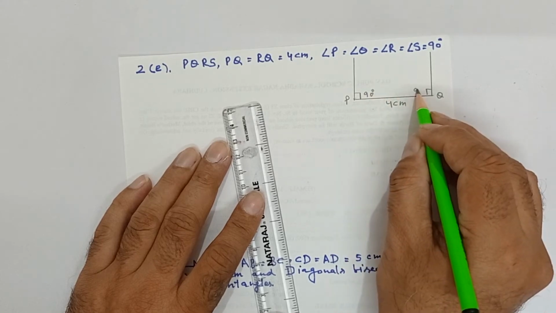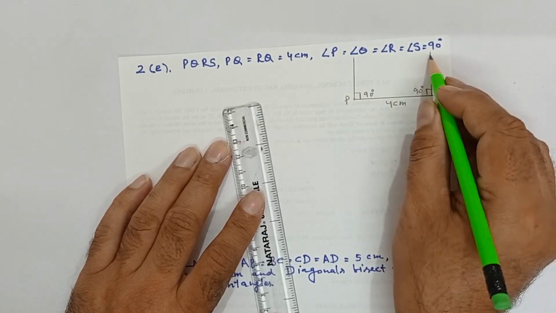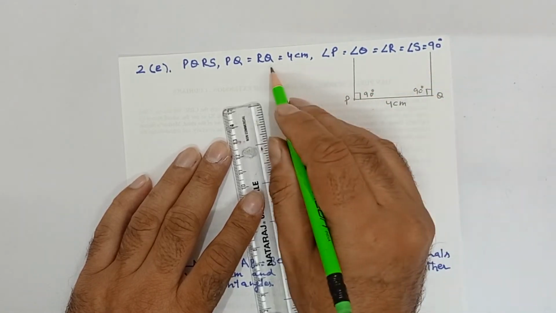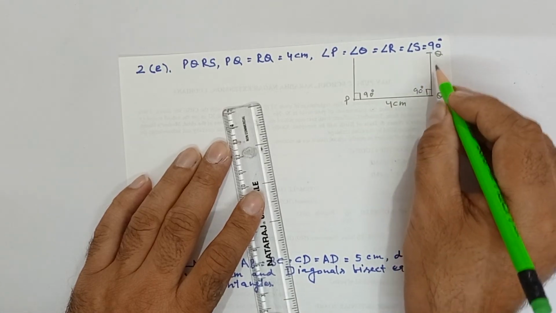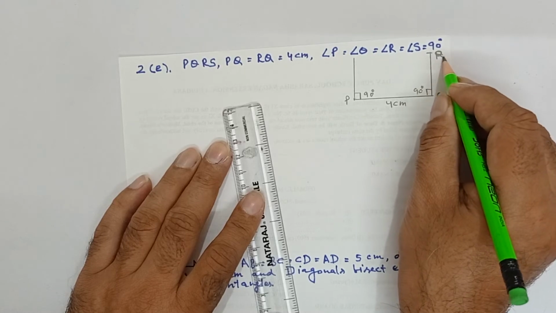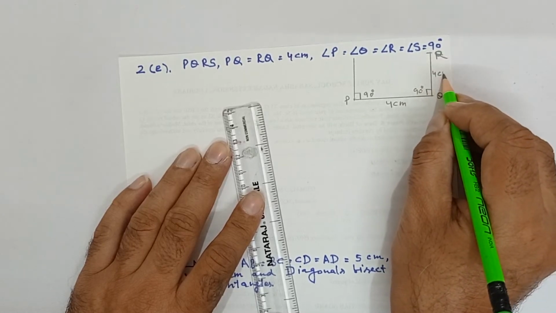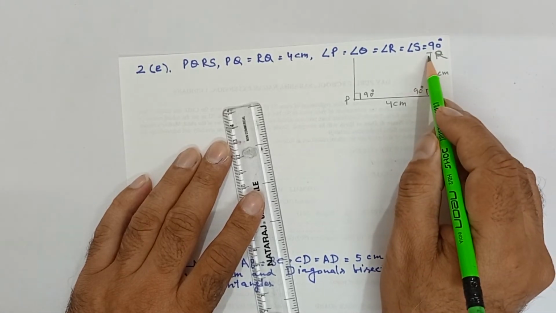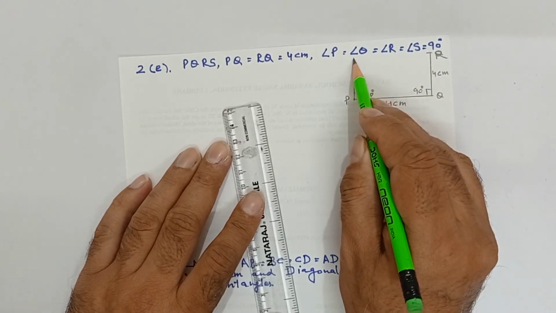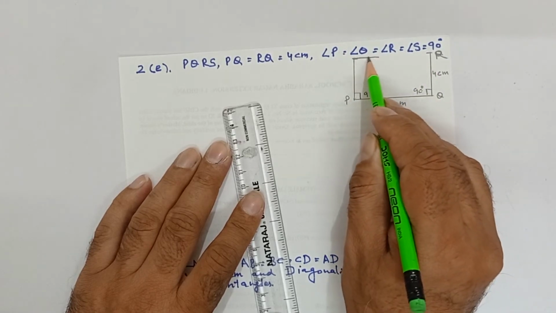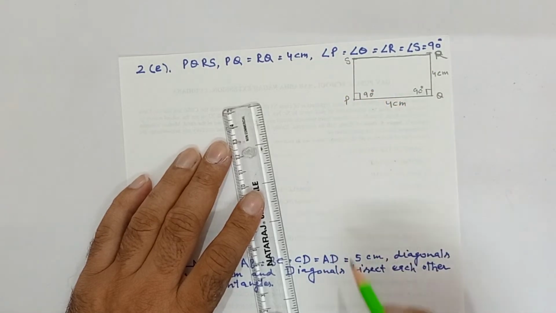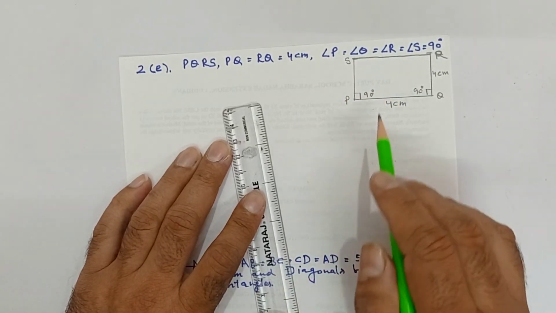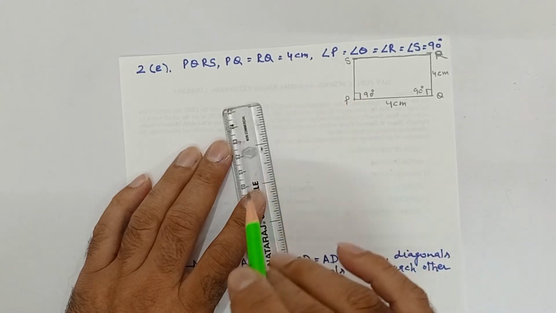Now PQRS, how much is QR? 4 centimeter. So 4 centimeter will be cut here. This is point R, 4 centimeter. And at point R also there is a 90 degree angle. When you draw 90 degrees, it will be joined like this. And here will come point S. Basically, it will become the figure of